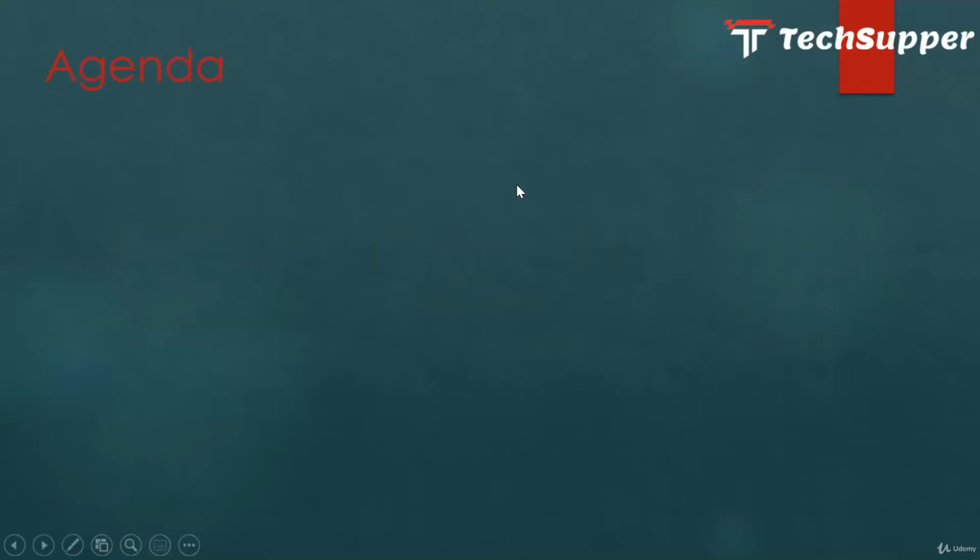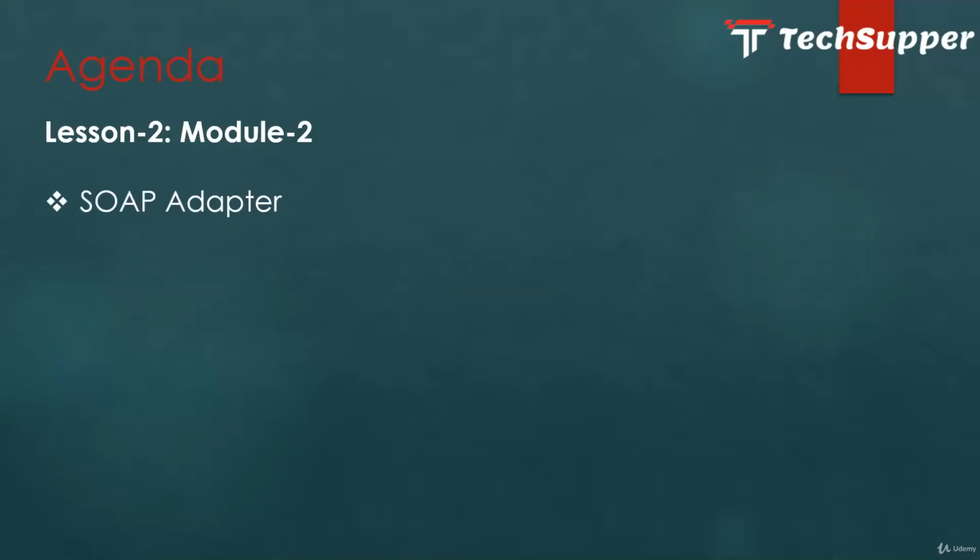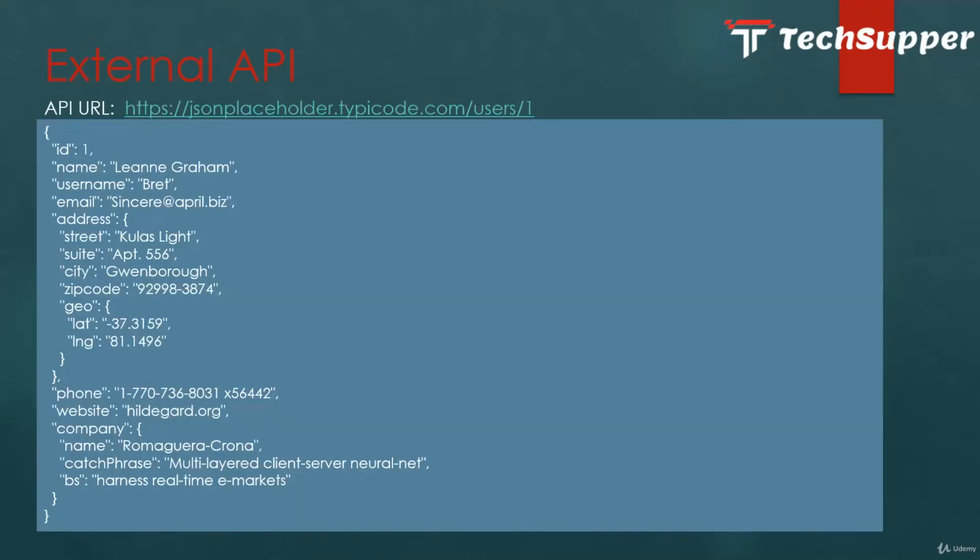So this video is a part of lesson 2 and here we are going to cover the SOAP adapter and then how we can convert an external REST API into a SOAP API. For this lab, we are going to use an available API which is available over the internet, and the URL is